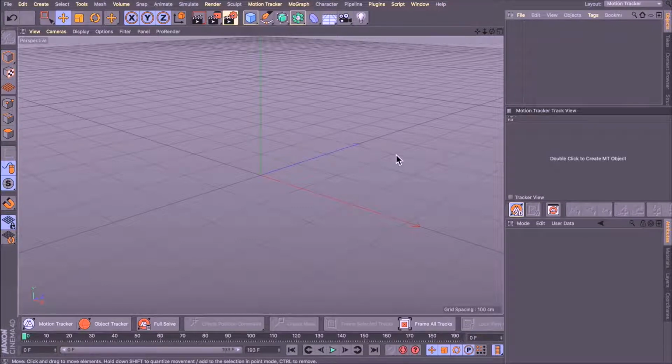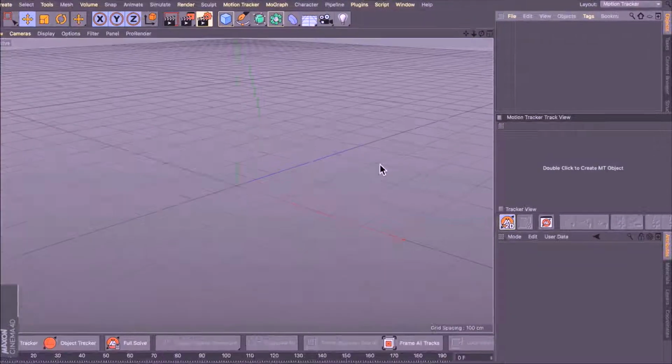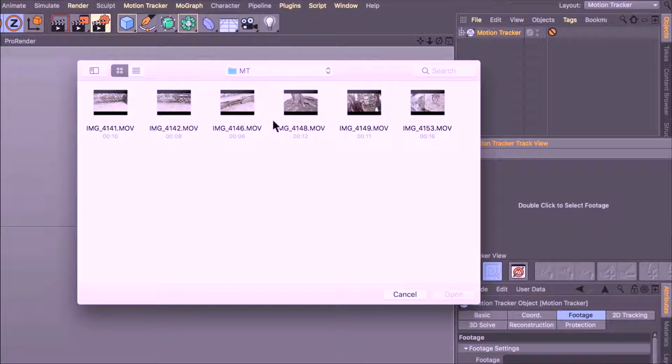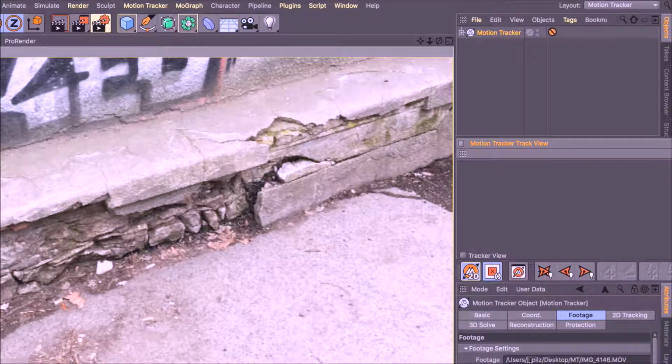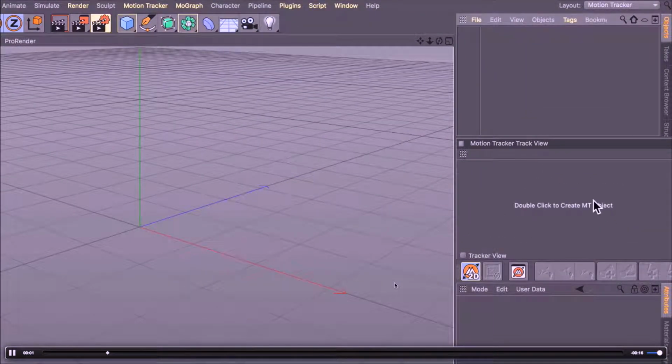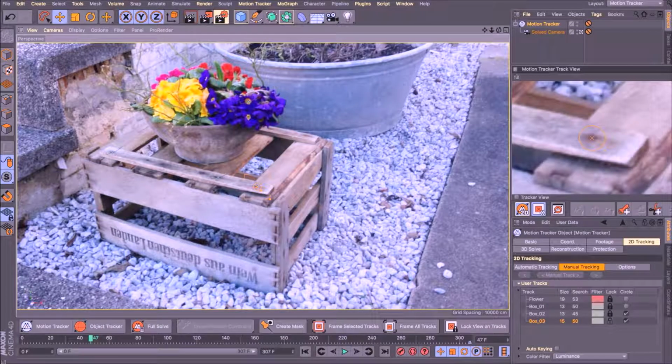What we basically do, I'm going to go through this and then quickly do a hands-on afterwards. We go to the motion tracker view, double click to create a motion tracker object, and double click to select footage. Then we open, and I think it is, yeah. Okay. Then we set manual tracking points. That's what I'm going to be showing you anyway. We're setting manual tracking points, and we can see them over at the right side in the motion tracker view,